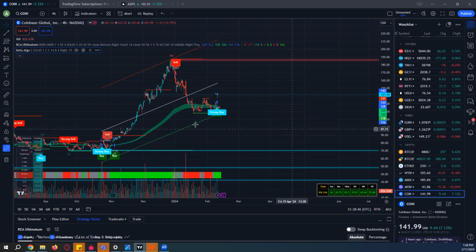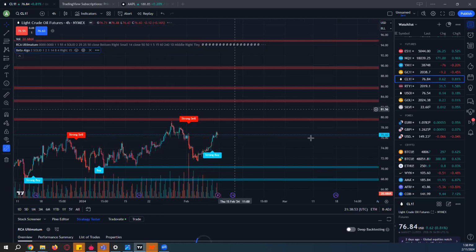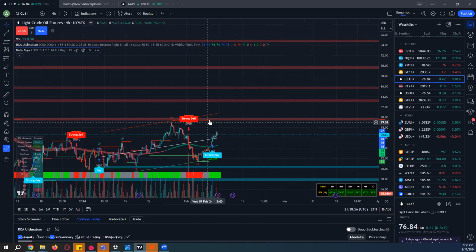You can open crude oil or something. Again, crude oil, you have a red zone there, and also you have a trend line resistance there. That means you can confidently short crude oil at that point. On a 4 hour chart, higher the candle time frame, higher the strength of the signal. If Ultimatum is giving sell on 4 hours, and Beta is giving a sell on 4 hours,